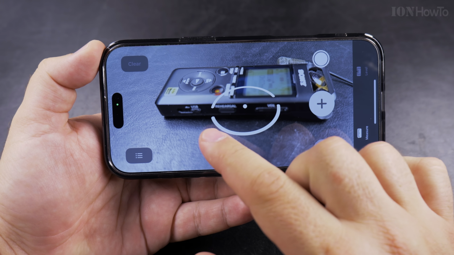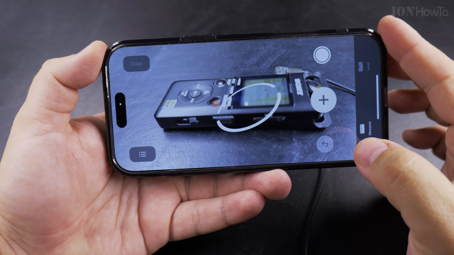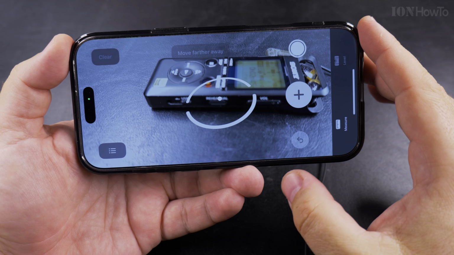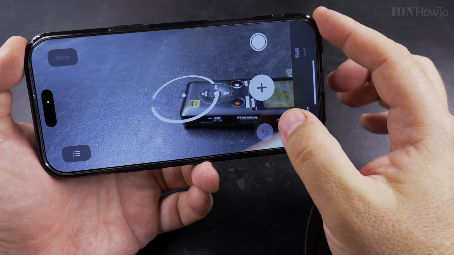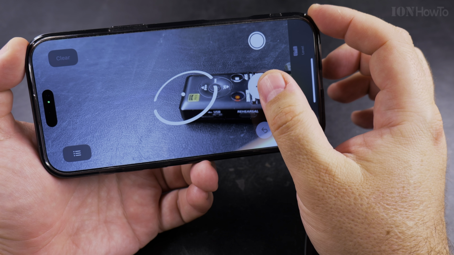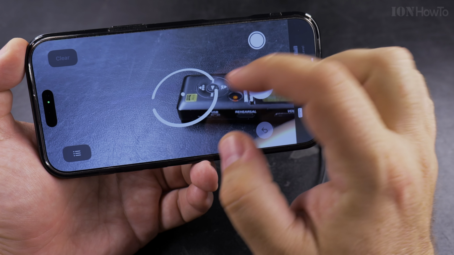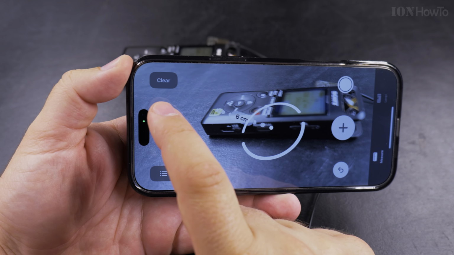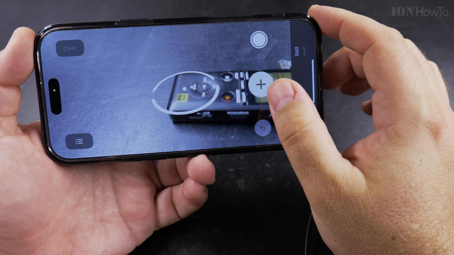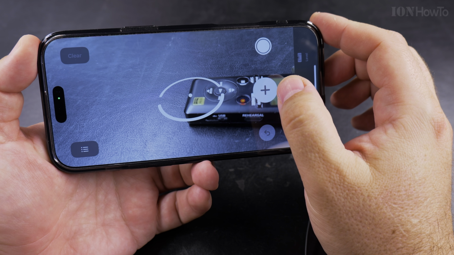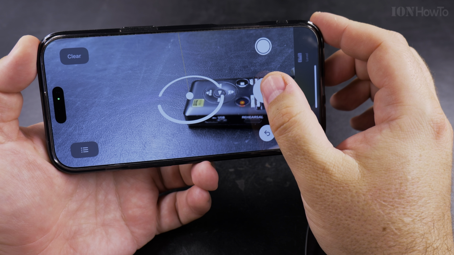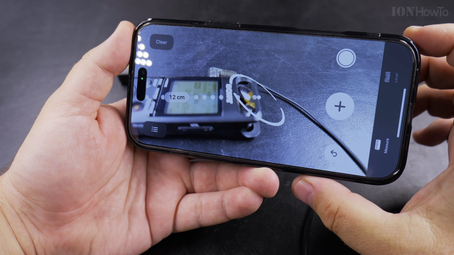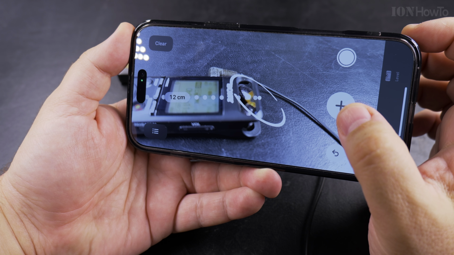start the app in measuring mode. I want to measure the size of my audio recorder here, and you see this kind of a floating disc, and all you have to do is set a point. So if I want to measure the length of it, I'll go with this point here, that one in the middle, press plus. I can clear it, so you can use clear if you put the wrong point. I go all the way to the edge, and then I go all the way to the other edge of the recorder or any object,